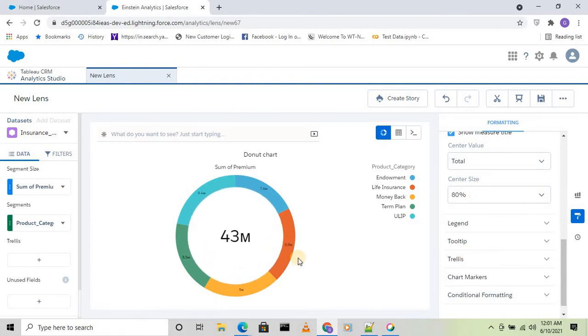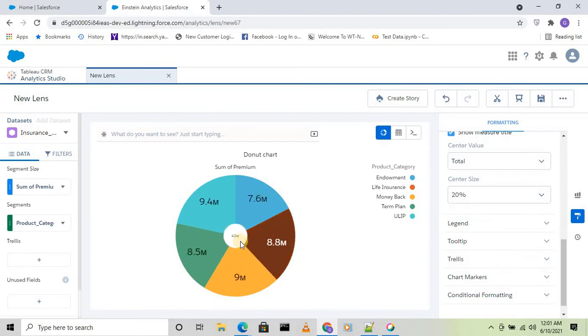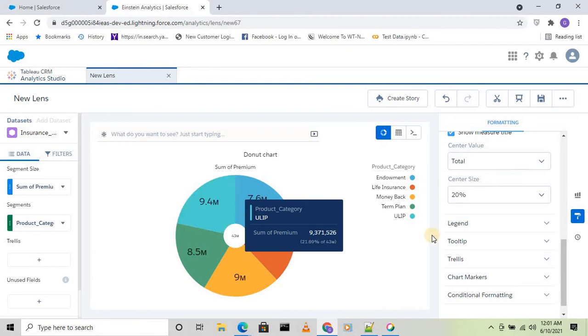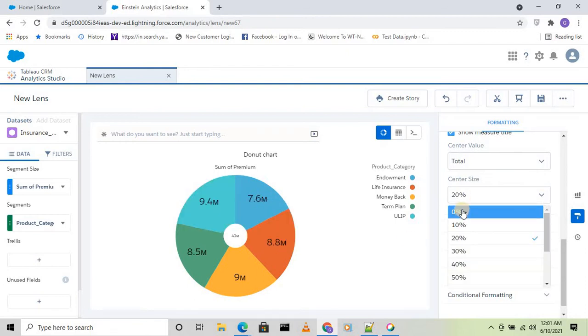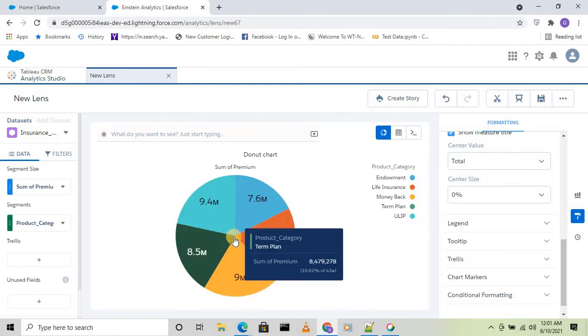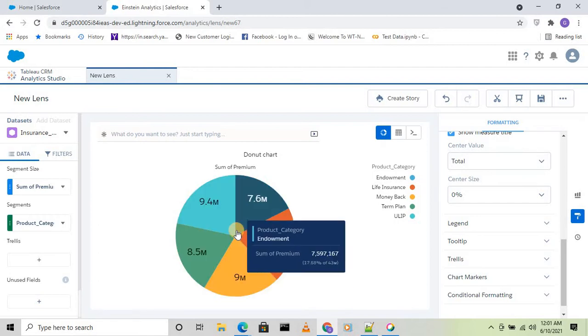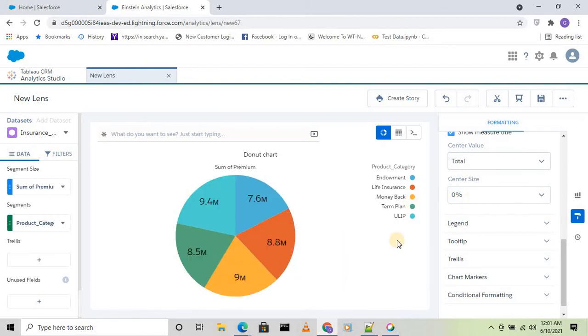The moment I make this 80%, you see the center size increased and the pie ring decreased. If I change that to 20%, you see the center is decreased to 20% and the ring increased. I also have the option to select 0% here. If I don't want that central part at all, just select 0% and the donut chart would look like this.